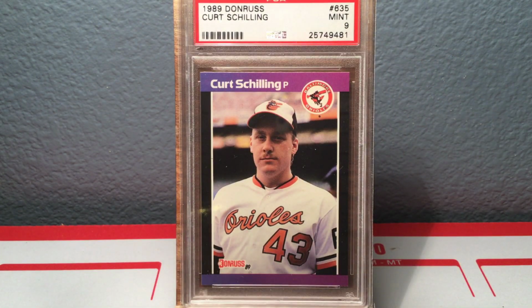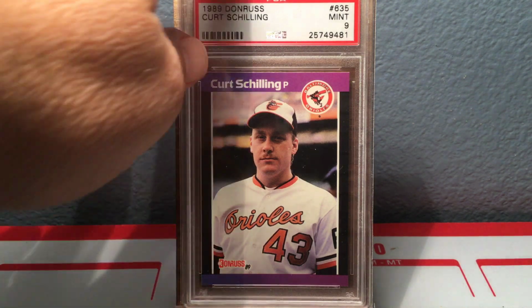'89 Donruss Curt Schilling rookie. I really think he's got a strong shot to get into the Hall of Fame this year. So we shall see. Next up,